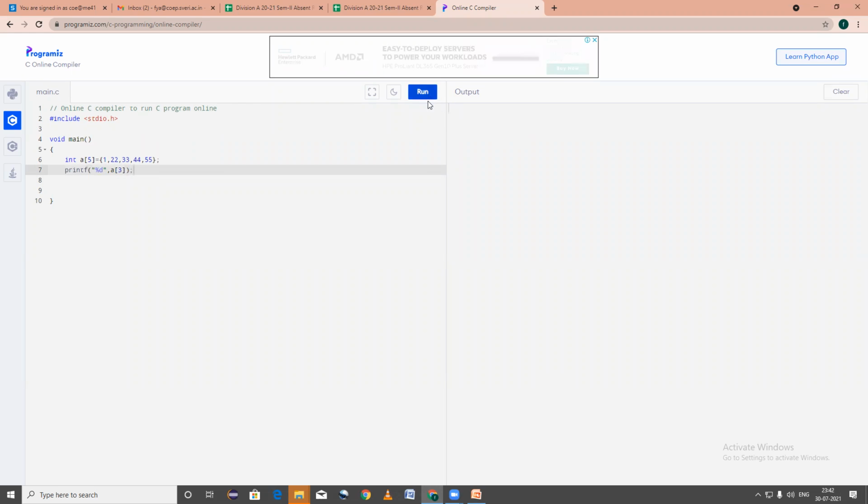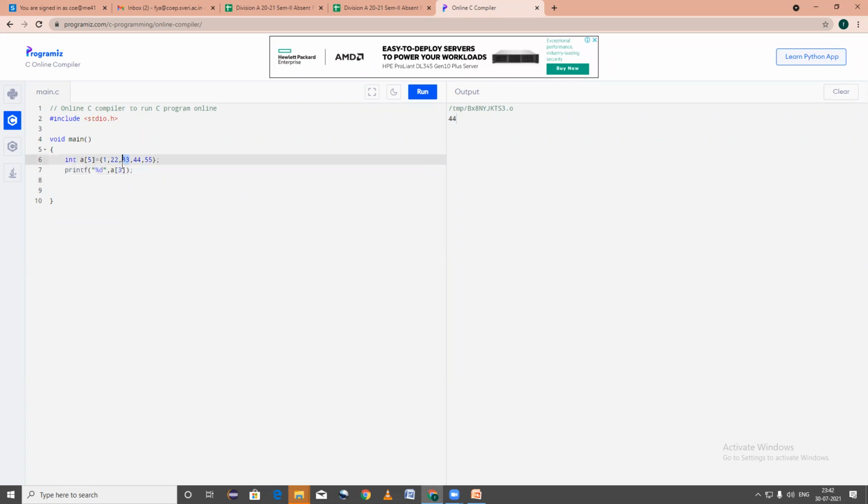If I execute this, the output will be 44. If I wish to print 33, I will go through the index 0, 1, 2, so simply I will write 2. It will print the value 33 with this index.